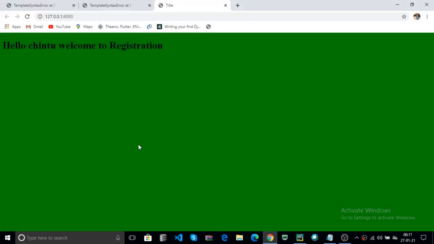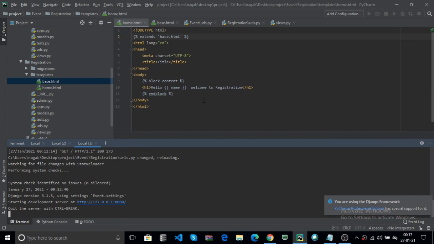Here, hello Chintu, welcome to registration. You can also add one image in the background, the same as your CSS and HTML do. Now this is the DTL language, DTL meaning Django template language.